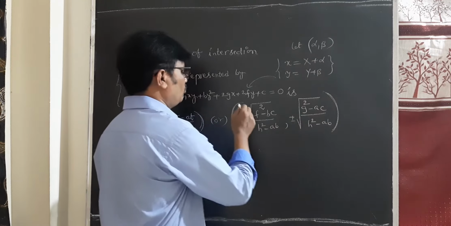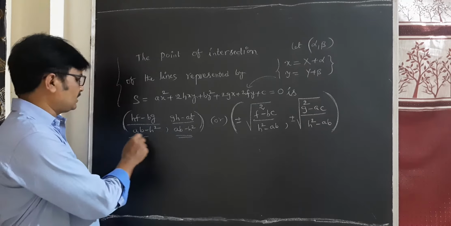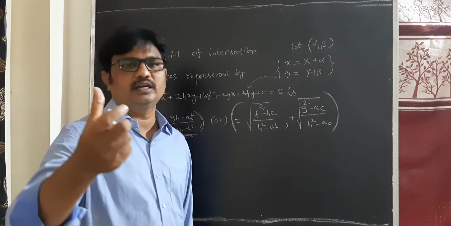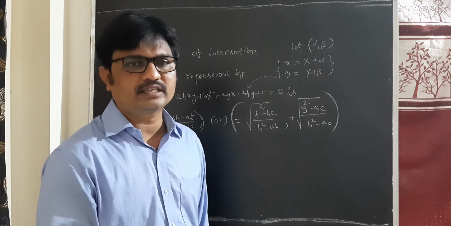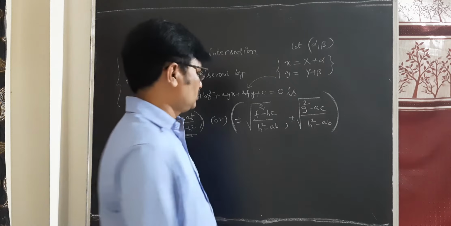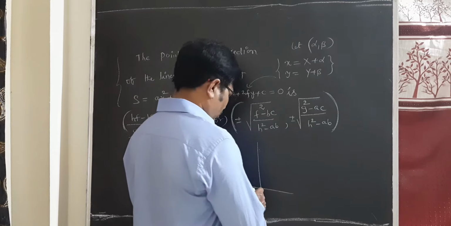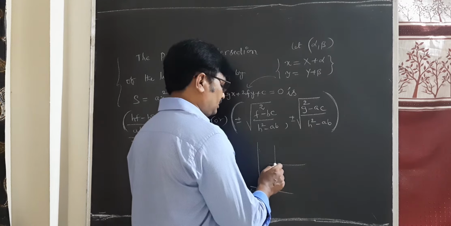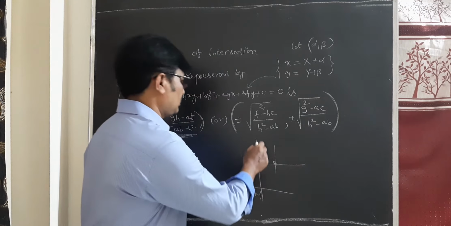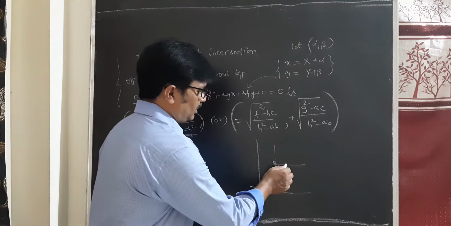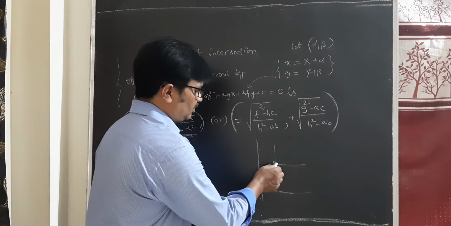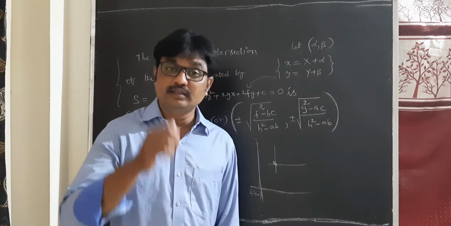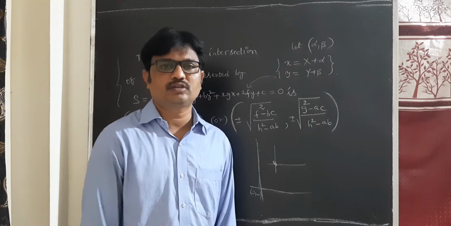So when the axes are translated to a point, the new axes are capital X and capital Y. Suppose the origin is shifted to another point, then it is called translation of axes. If the axes are translated to another point without changing the directions of the coordinate axes, then the transformation is called translation of axes.